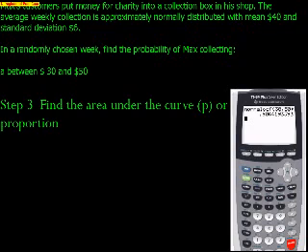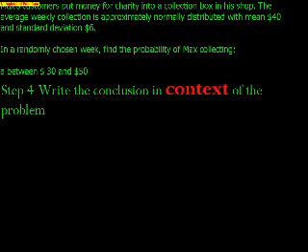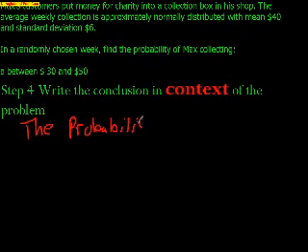Write the conclusion in context of the problem. So what does it say? It says, find the probability. So the probability, and let me change this back to a color that I prefer to write in. I'll change it back to red. So here I'll say the probability of Max collecting